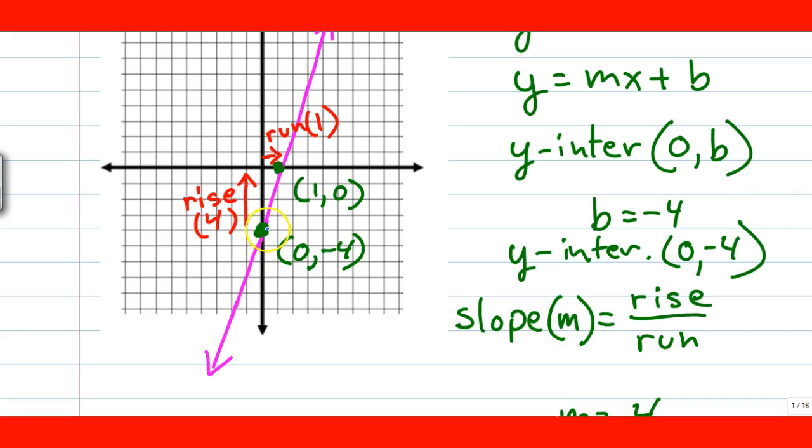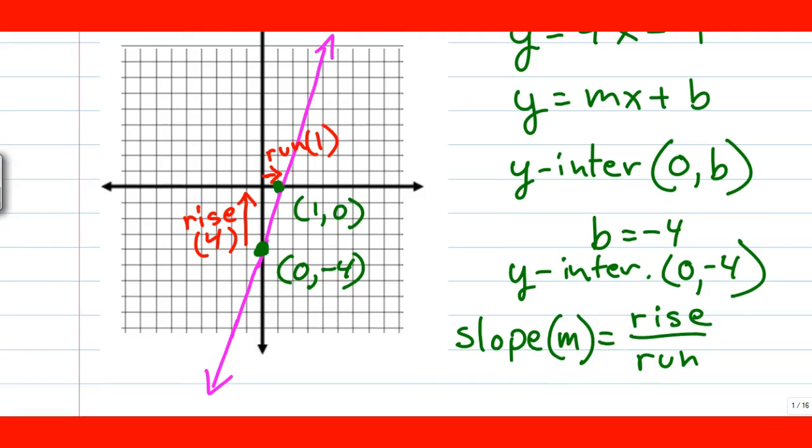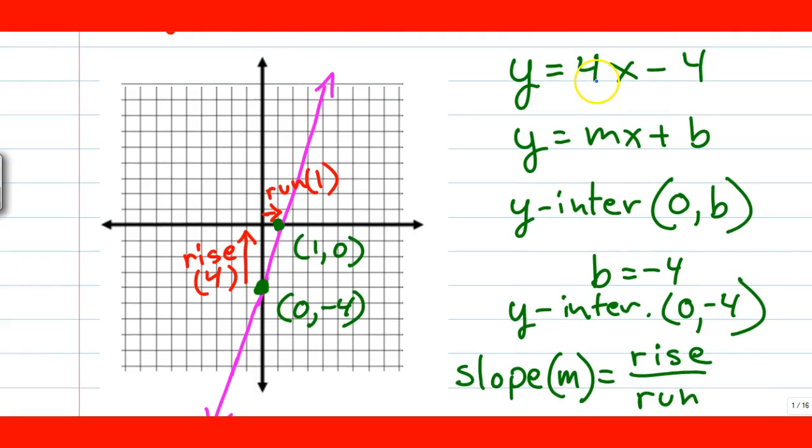So I can come over here to my graph, and I can graph a point, 0, negative 4. Don't forget to label your points. The ordered pair needs to be labeled on the point. Now I can find another point by using the slope, or the m position, and using the rise over run. When I look back at my equation up here, I see that my m position is a 4. If I take that 4 and I put it over 1, then I have a rise of 4 and a